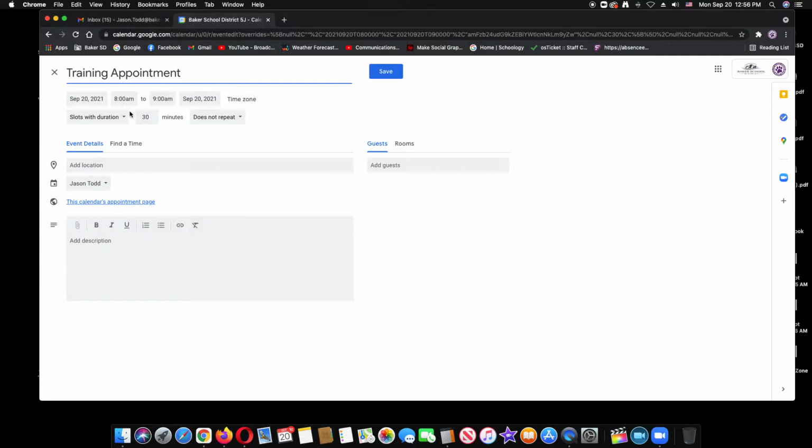appointment calendar. So if we want this to be a little bit bigger slot, and then we want it to be 30 minutes. So in that 2 hours, every 30 minutes, there'll be an appointment slot that somebody can sign up for. You can also just do it a little differently and say this is a single slot. So that 8 to 9 a.m. slot would be one slot that somebody could sign up for. I think it's a little easier to do slots within a bigger window if you have that kind of time availability. And then of course repeating,